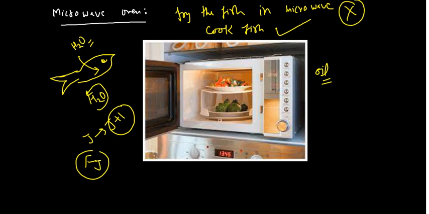In the microwave, cooking occurs from the inside by the rotation of the water molecule. So that's why you can cook the fish, but you cannot fry it. Similarly, you can boil an egg in the microwave, but you cannot fry it, you cannot prepare an omelette in the microwave. So this is the functioning of the microwave oven. These things are very, very important, which you guys should know.